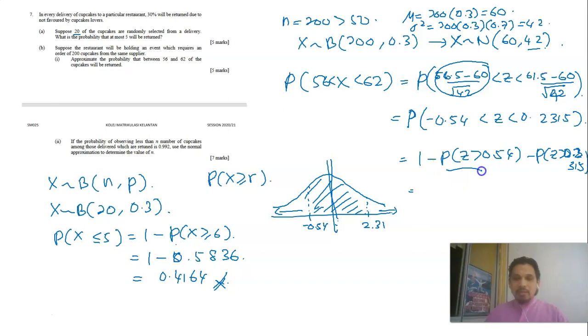You just find this from your book, the table of standard normal distribution. For 0.54, which is 0.2946,